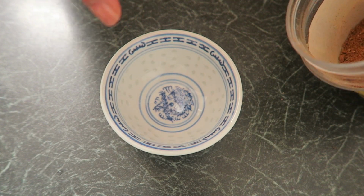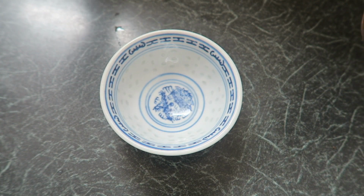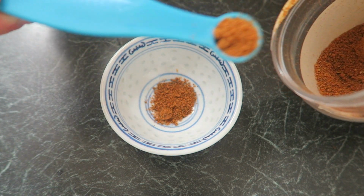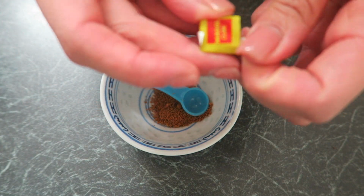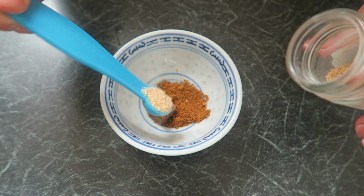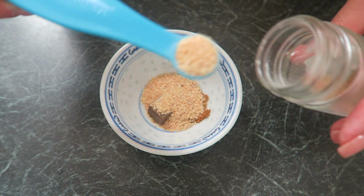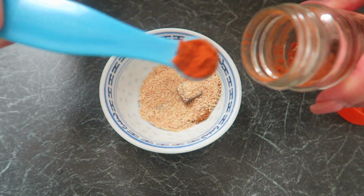Now these all do kind of add up calories as well, but you know, it's not as bad as ready-made sauces. I don't normally measure, I usually eyeball it all, but for you guys I'm going to measure it out. So I'm going to do half a teaspoon of Old Bay seasoning, then 1 Maggi cube, going to go in with 1 teaspoon of garlic granules, then half a teaspoon of ground paprika,